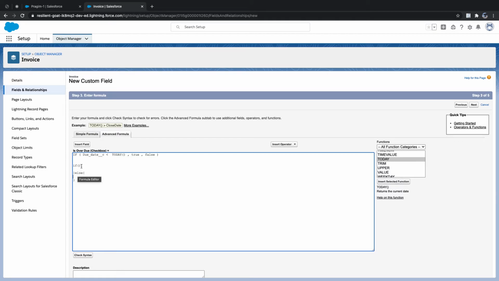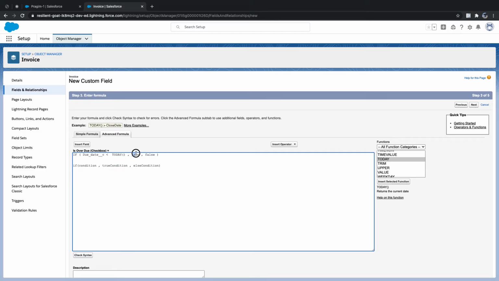Now what they did, they removed these brackets, they removed this block, and they add this condition, and then they add a true condition, and then they add a false condition. I have nothing but an else condition. If this condition is satisfied, then it will execute this block of code. Here you don't want to return true. You can write another if condition.